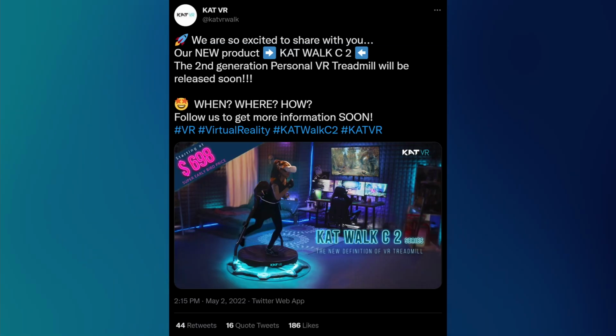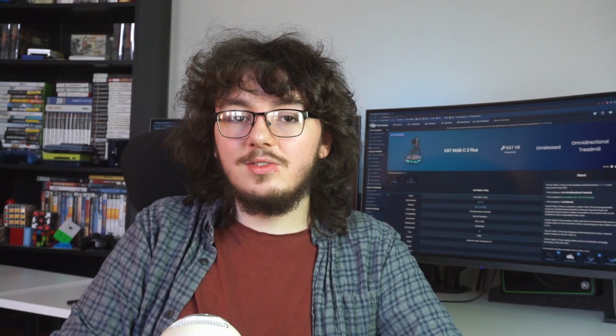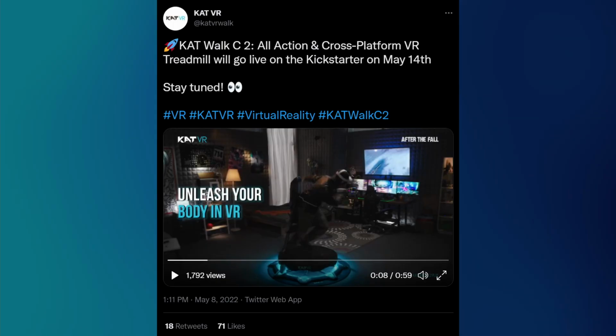About a week ago, Cat VR posted this tweet in which they showed off their brand new omnidirectional treadmills, the Catwalk C2 and the Catwalk C2 Plus. Throughout the week, they've been slowly revealing details about the devices, with plans to release them both via a Kickstarter campaign on May 14th. People who might have missed out on the original Catwalk C will be happy to know